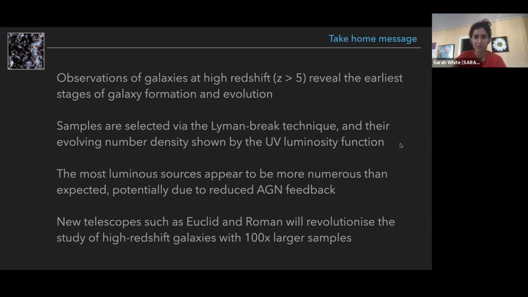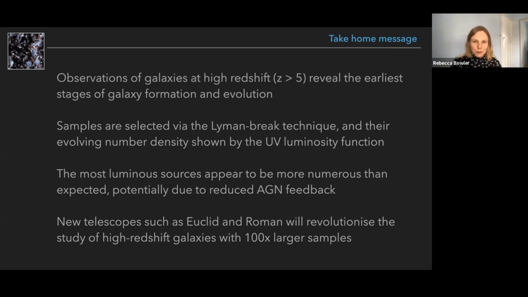Yes, from Clinton Stevens, they've asked, could you comment on the distribution of AGN at high redshift before and during the epoch of reionization, i.e. what is the ratio between AGN and star-forming galaxies at this redshift? I'd like to know how much AGN could have contributed to reionization. Great talk, by the way, thank you. Thanks, that's great. Yes, a brilliant question.